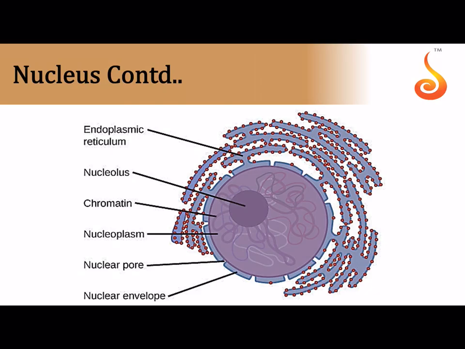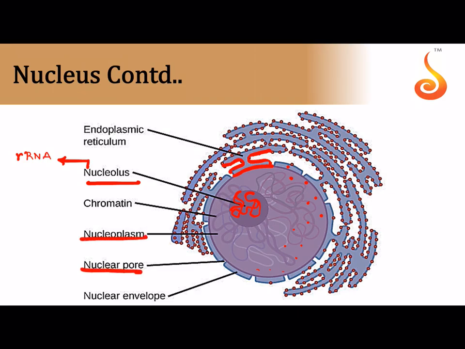Nucleus, it has a nuclear membrane. Like I said, there is a double membrane. There is an inner nuclear membrane and outer nuclear membrane, which extends as the nuclear envelope. In between the two membranes, there is a perinuclear space, and then you have the nucleoplasm, which is the substance within the nucleus, and a non-membrane bound collection of chromatin or DNA material, which is called nucleolus. Nucleolus is the site of rRNA synthesis. You have to remember this very importantly.